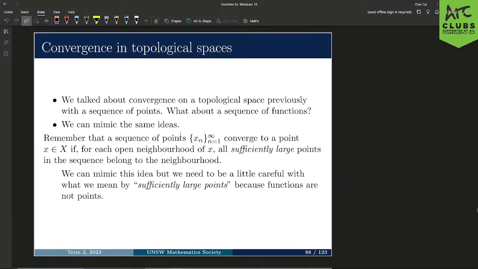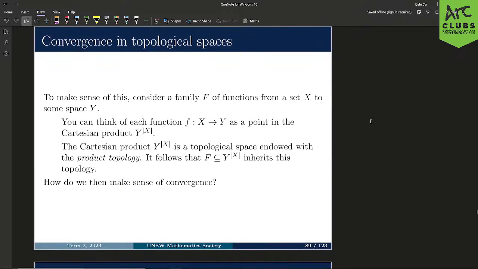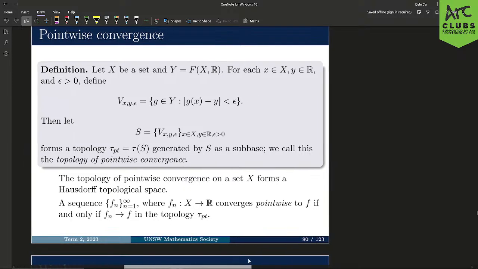Okay, so now we're going to talk about convergence, convergence of functions. So we'll skip through this. We'll just look at what's happening here. We want to figure out how to encapsulate pointwise convergence. So we introduce something called a gate set. So what do you think about this is,